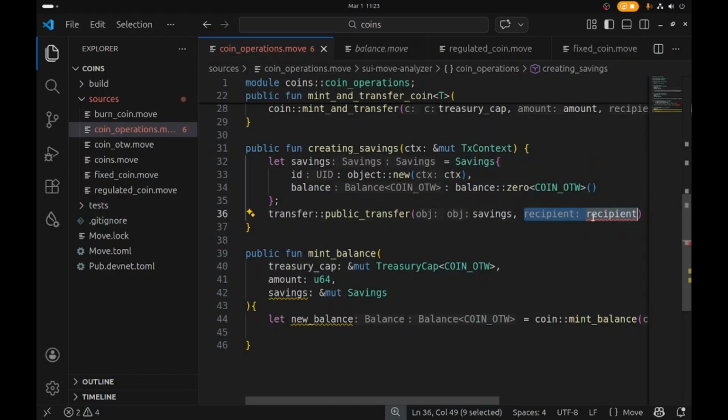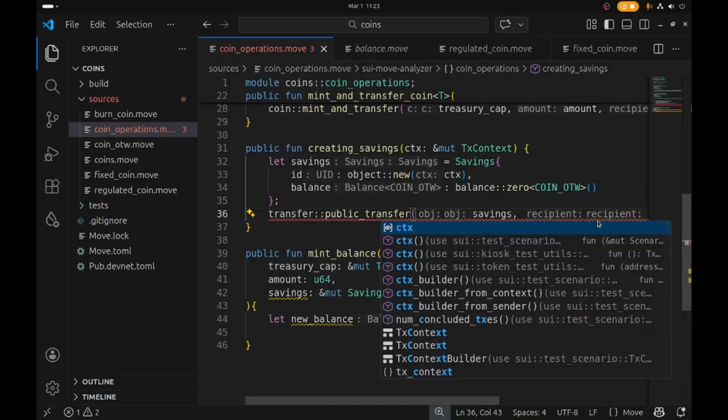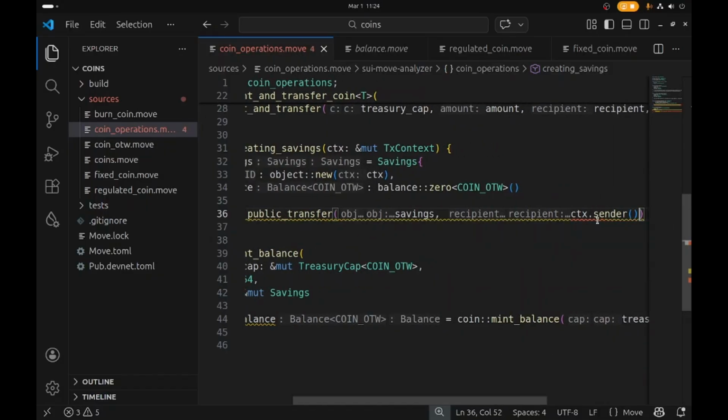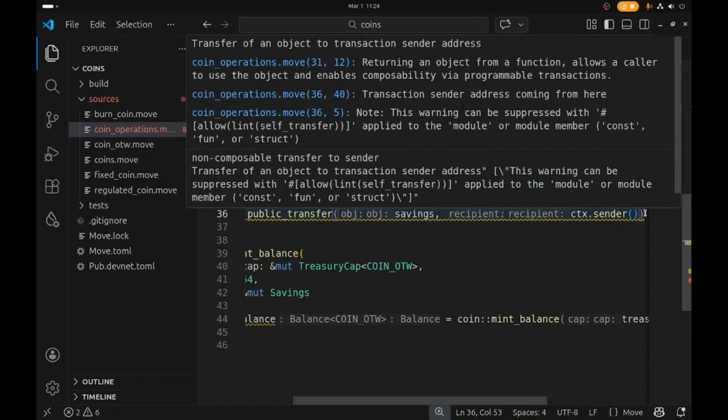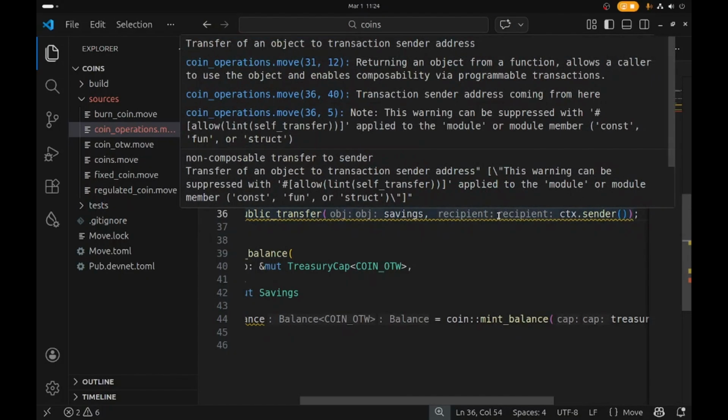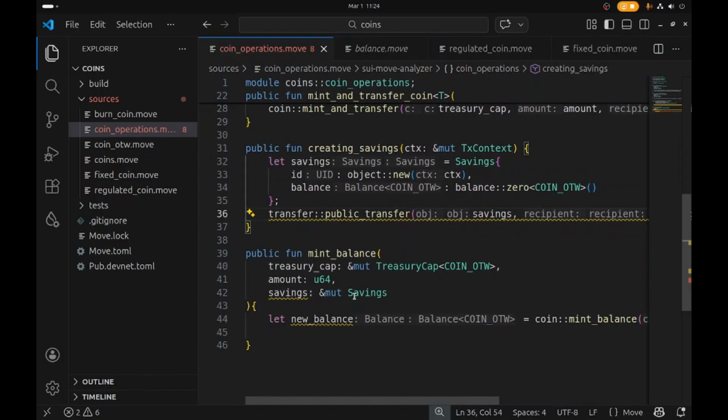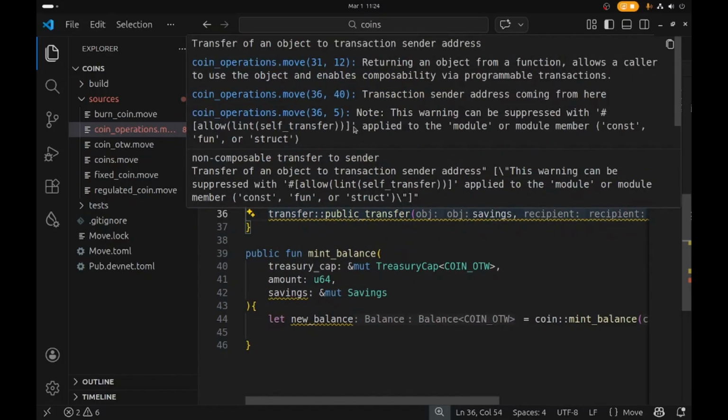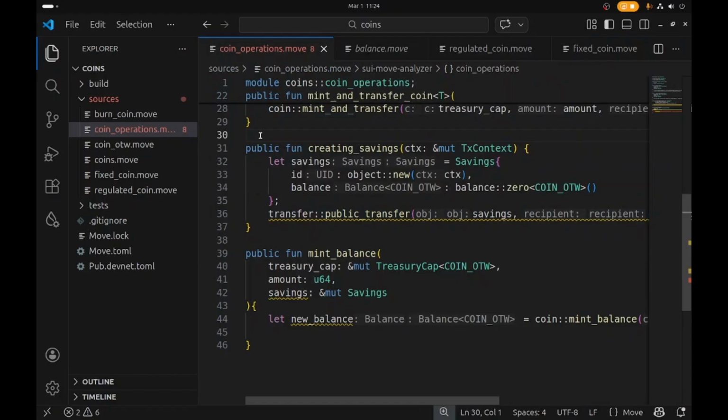I can transfer it to anybody. You can choose to pass in a recipient to the function, but right now I just want to transfer it to the caller of the function. Move warns you that you're returning an object to the caller of the function, asking if you want to do that. I want to bypass that because I do want to do that. So I will copy this and put the selector on my function